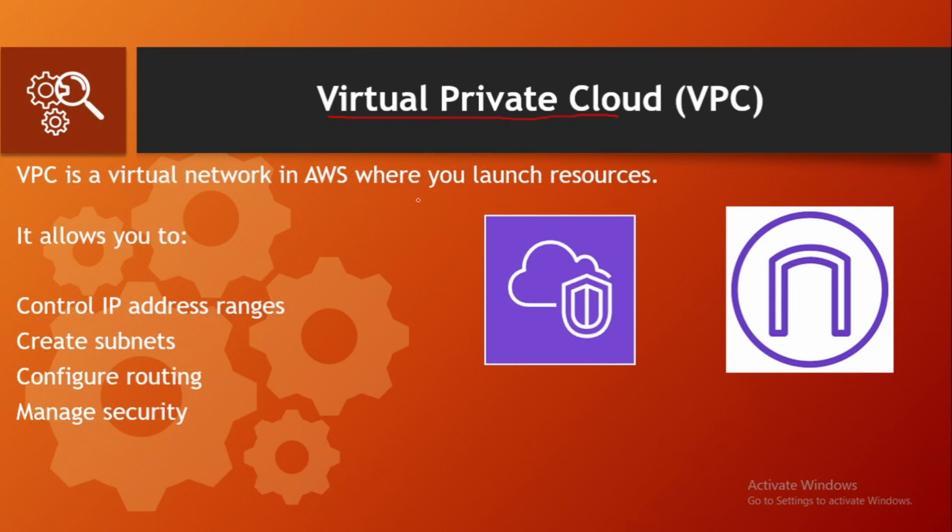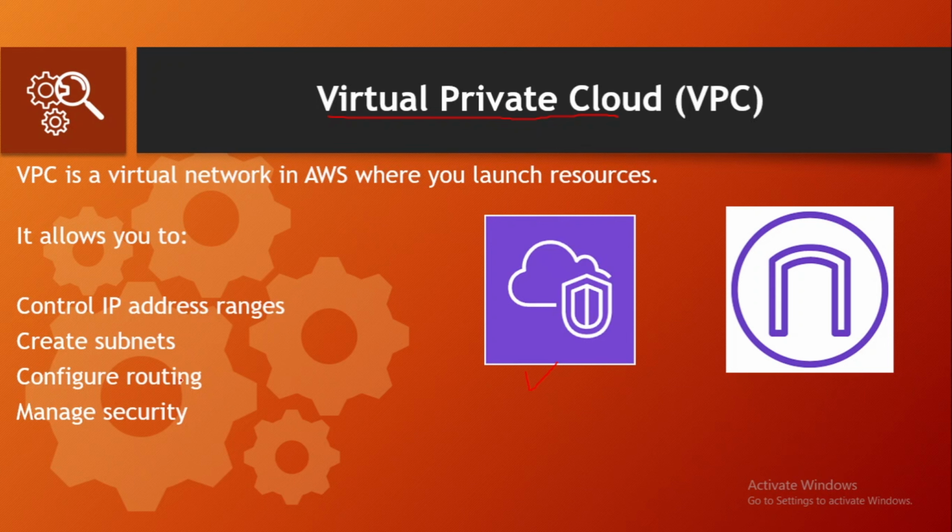A VPC is basically your own private network inside AWS, where you can launch servers like virtual machines, databases, and other AWS resources. This is the best part, that you are finally in control of this network. Everything you create inside an AWS account, you have to create inside a VPC. And by default, there is a VPC which is created for you. You can also choose this, but if you want your custom VPC, your custom networking, you can create your own VPC.